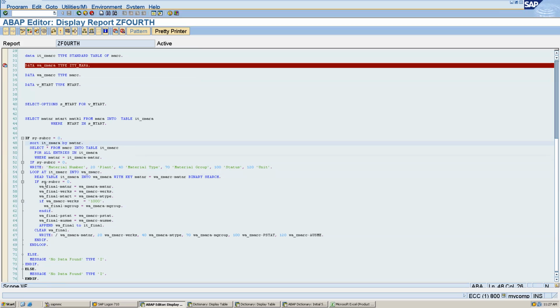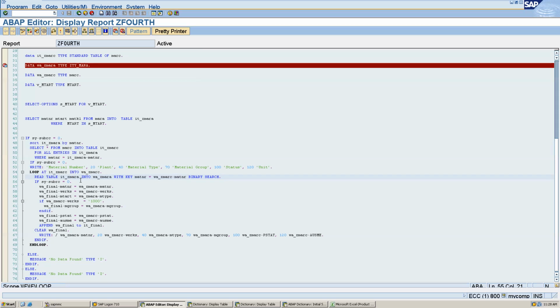If we have to apply READ, then it is fine to read a header table and loop the item table, but again it depends on the requirement. Generally in our requirements, we are not taking care of items data. We are printing every report based on the header data. So we always keep the header in the outer loop, because it may be possible that some headers do not have any items, but it will never happen that there are items and no header.